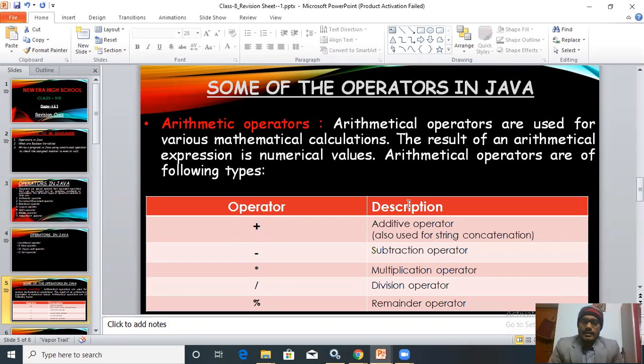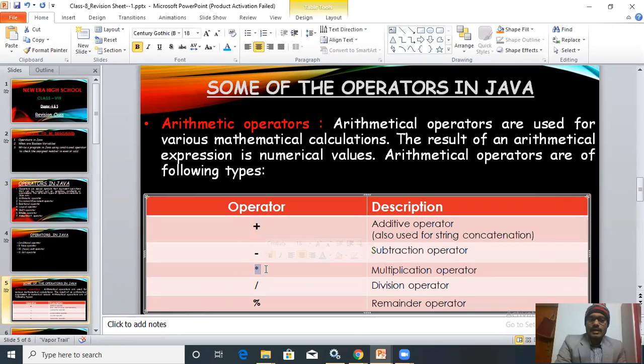Arithmetic operators are used with numerical values. These are the following types: plus, minus, and the third sign, the multiplication sign. It is a star sign, an asterisk. Asterisk denotes the multiplication operator in Java.